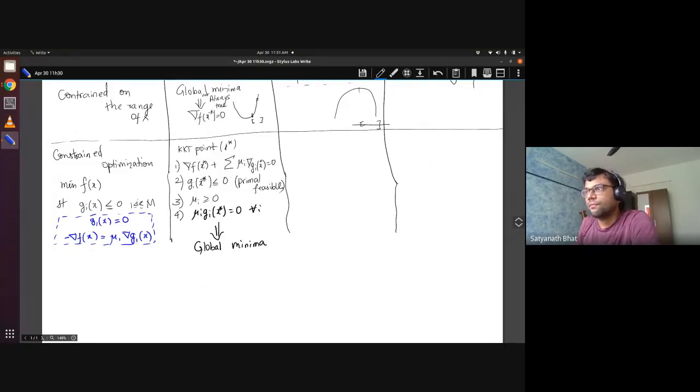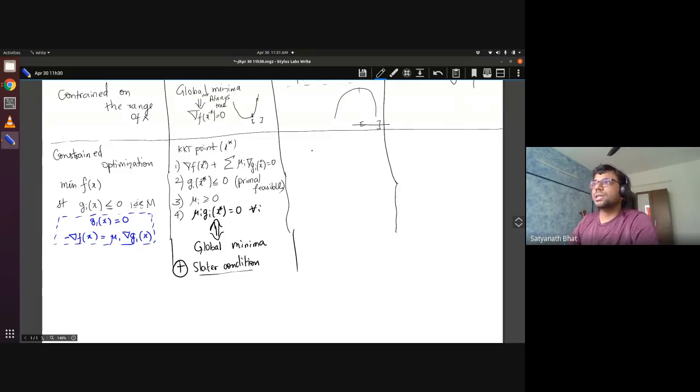And with some additional constraints, so plus if I add Slater's condition. Slater's condition, remember, just says that you have a solid interior. So if you visualize the region of X where it is true... anyway, for this course, it doesn't matter if you don't understand. For this course, you just think that every global minima is also a KKT point. Just think about it this way. That's all that is enough for this course.